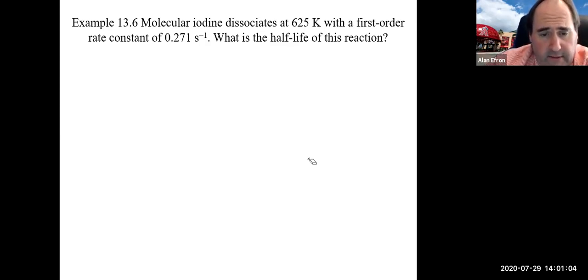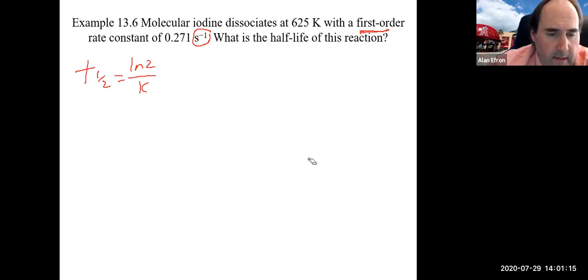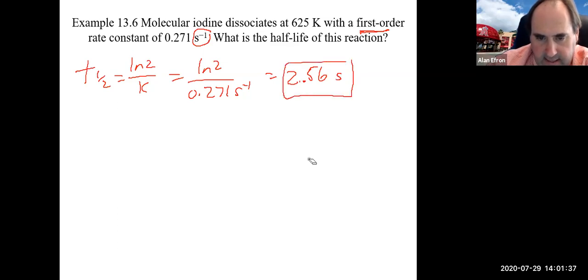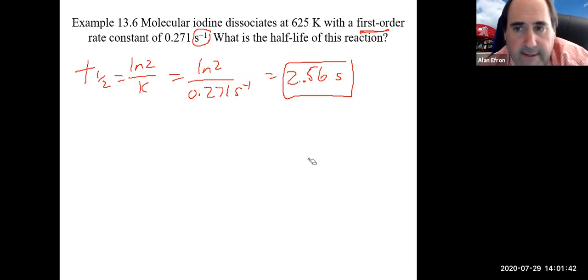Okay, so again, here we see reciprocal seconds. So even if it didn't tell us, it is first order. And obviously we want to use the appropriate equation for that, which is natural log of 2 over k. And popping that in there, 0.271 reciprocal seconds is going to get us 2.56 seconds. Again, when you divide it there, the seconds flip to the top, and we get our